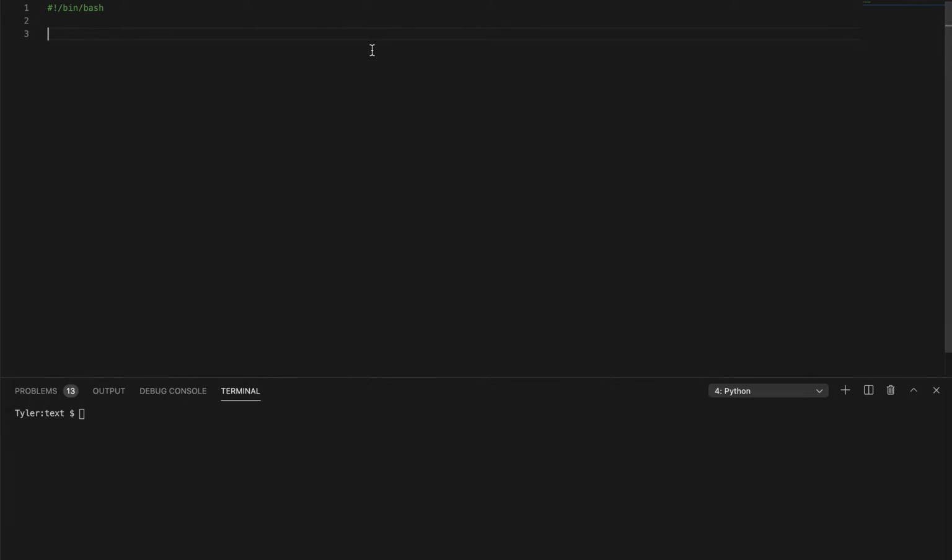Today we're going to create a command line tool to send out text messages from the terminal or command line. This is going to make use of OSA scripts and here documents, and it's going to be very similar to the last video that I had where we created a command line tool to open up notes and create